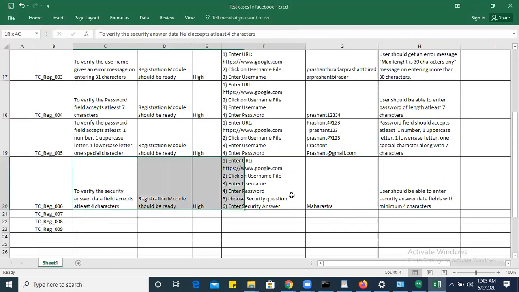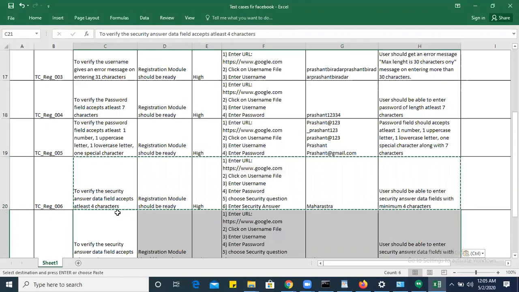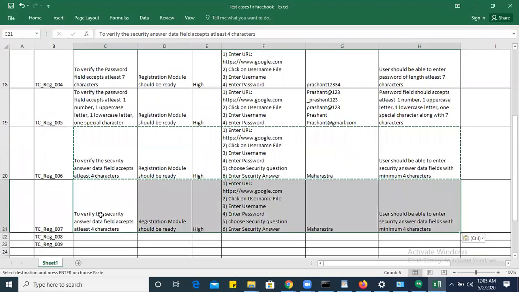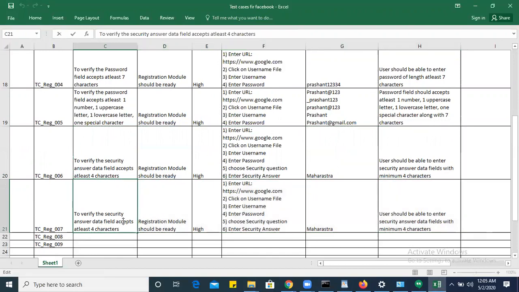If you try to write a negative test case for this, it would look like this. To verify the security answer data field throws an error message on entering less than 4 characters.